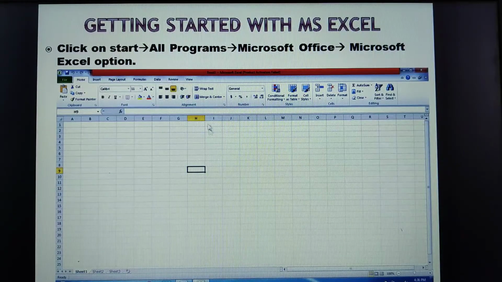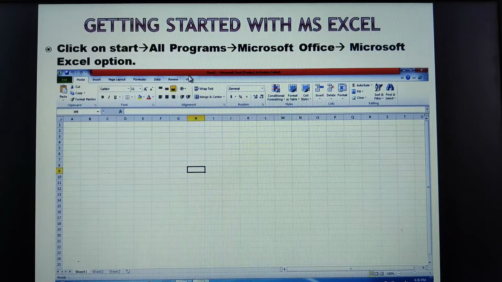Now I can call this one a frame. We can call the first one a title bar. The entire area from here to this portion we call a ribbon. We have the menu bar, and all these are the standard toolbar.